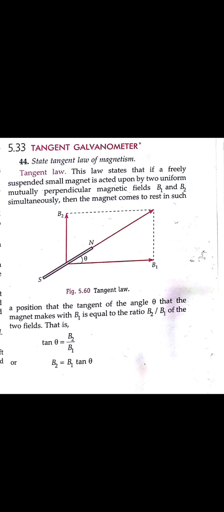We have already learned in Moving Charges and Magnetism what the moving coil galvanometer is, right? We saw that the galvanometer is a device which can measure a feeble current flowing through it. It cannot measure a heavy current. So it is a device which can deflect its needle when a feeble current flows through.